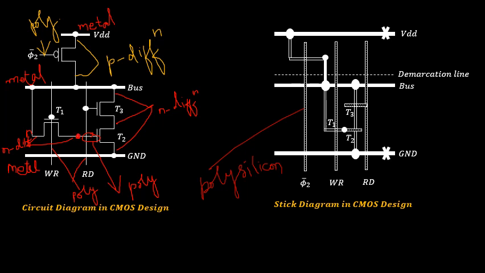So now if you check it out with the stick diagram, the pull down part. So this much I have done. So transistor T1 is formed, another end will be connected to the polysilicon. Then I am having a diffusion layer. So I have carried a diffusion layer over here.